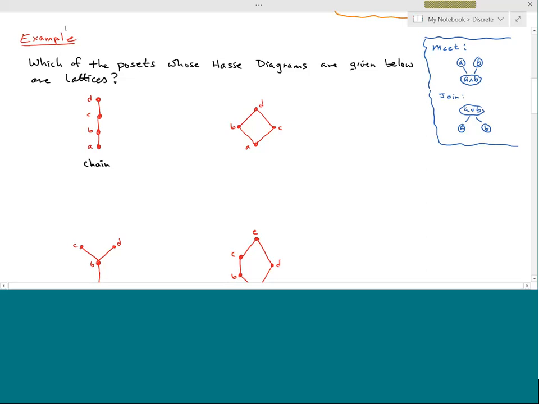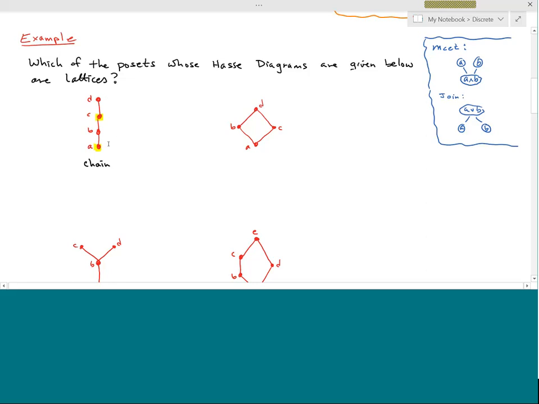Anybody got a pair of elements here that you guys would like me to look at? I'm not seeing any guesses come in, so I'll just pick two. How about A and maybe C? Okay. Now notice if we pick any other pair of elements, maybe we pick A and B, they're also stacked, just like this. Maybe we pick A and D, they also would be stacked. Maybe B and C, B and D, C and D, any pair of elements you picked, they're going to look